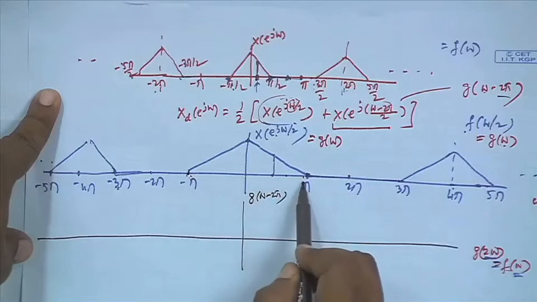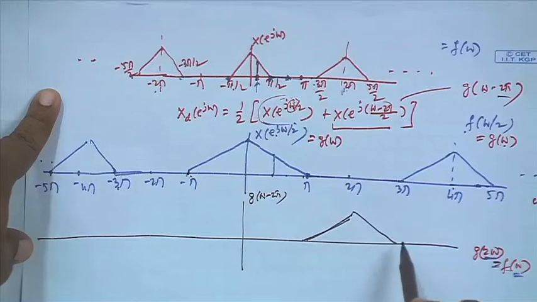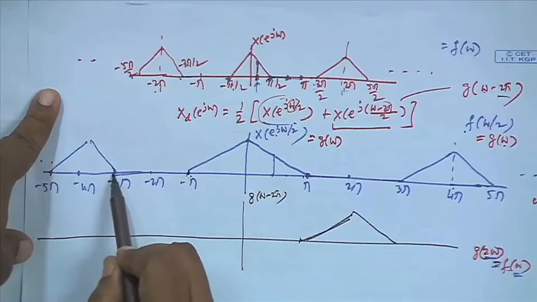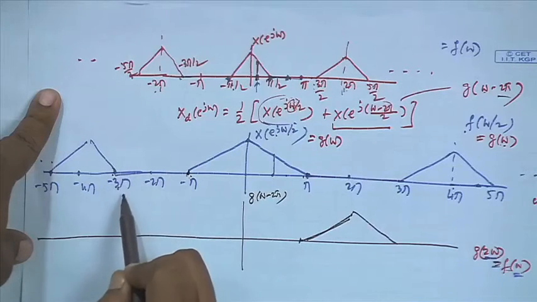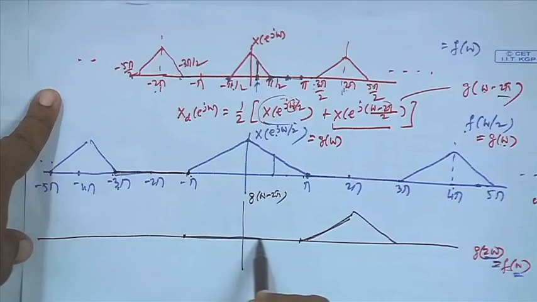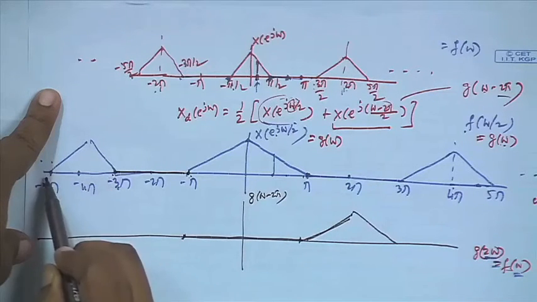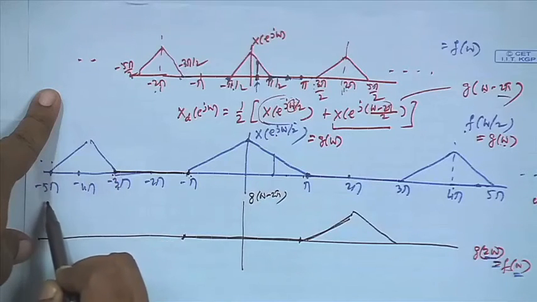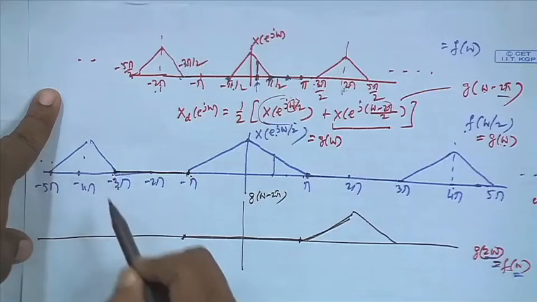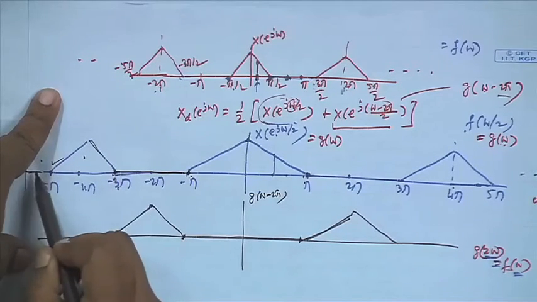So this will come here, pi will go to 3 pi. So you will have here things like this. This minus pi is here, and minus 3 pi will come to here, because if you add 2 pi to it, it becomes minus pi. So this 0 block will come here. Then again minus 3 pi here, and minus 5 pi will come to minus 3 pi, because if you add 2 pi to this, you are shifting to the right, you will come to minus 3 pi. So this block will come here, then 0 from here will come here,